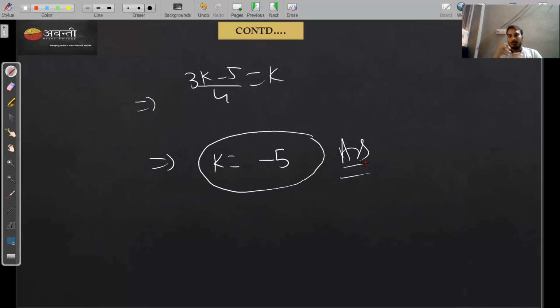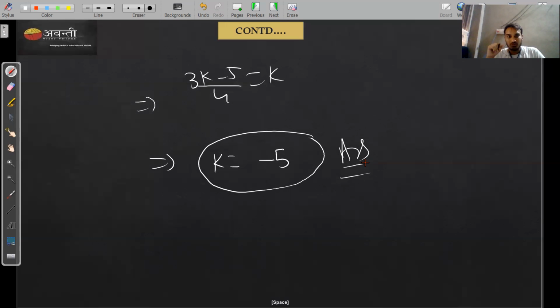So that's why the property integration from a to b of f of x dx is equal to integration from a to b of f of a plus b minus x dx is the most important property of integration, along with the other one also, okay? So that's why we use the property in the starting, because we know that a minus x is given in the equation. So how can I create my a minus x? By using this property, right? So this is clear, right?